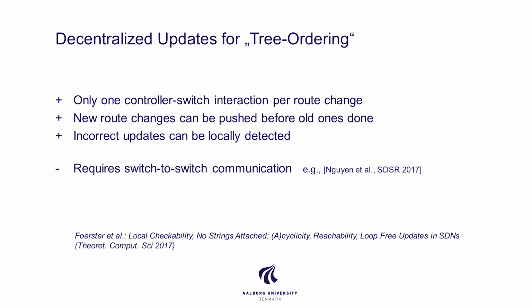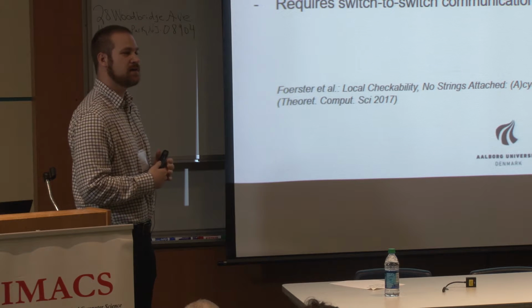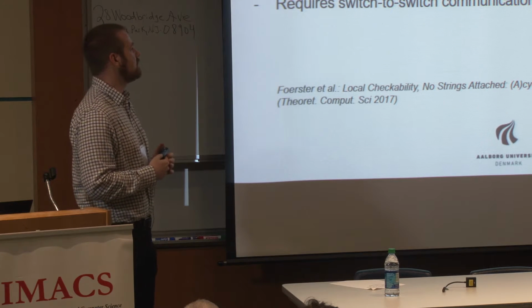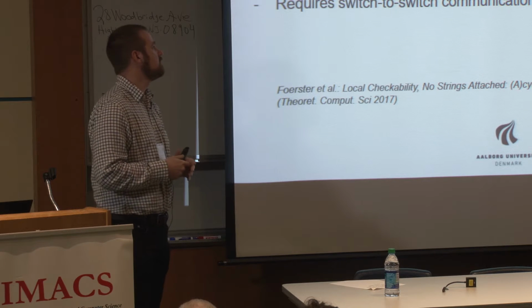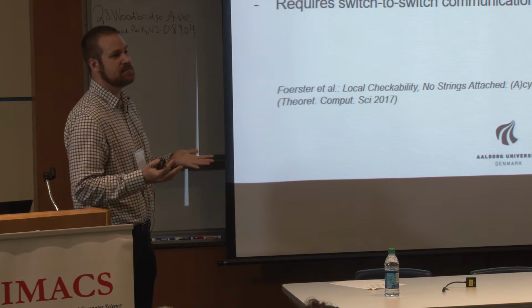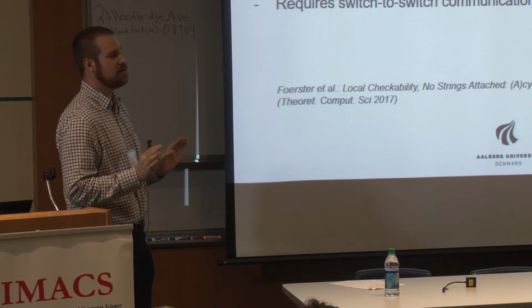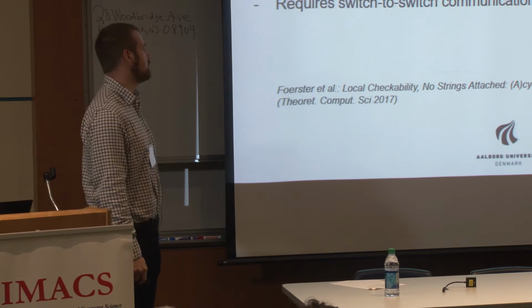You can also extend this scheme in the sense that you can push out new route updates even if the old one is not done, and you won't introduce any loops. And similarly, by also encoding how far the destination is away, you can check if the controller sends out bad updates, in the sense that if you would update to them you would introduce loops. The nodes could locally detect this and tell the controller that something bad is going on, I'm not going to update, to not introduce any loops.